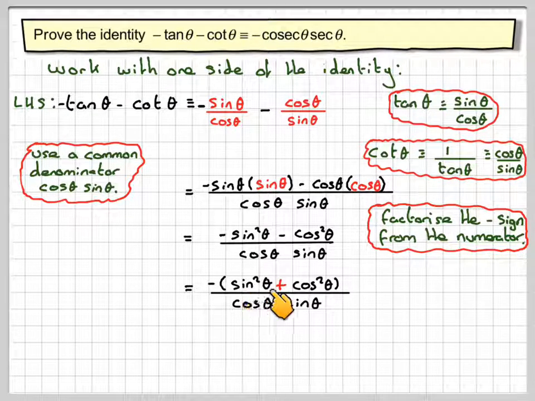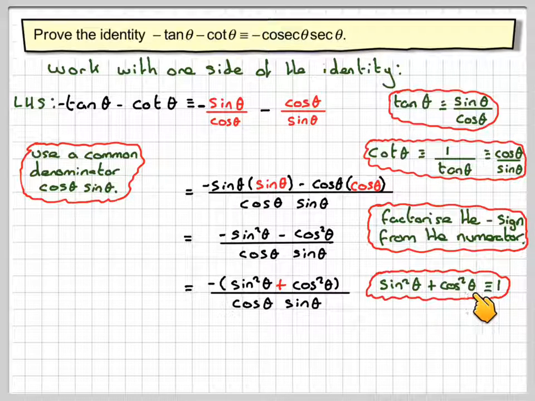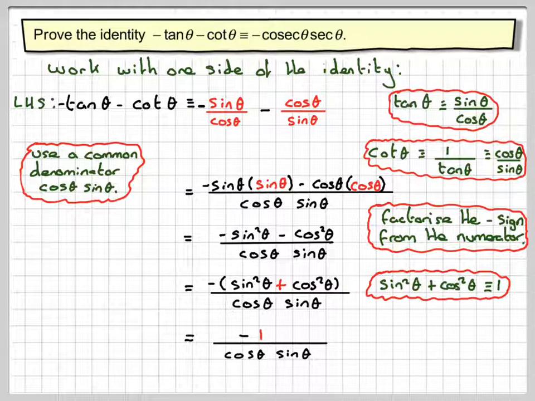Now, we might recognize a Pythagorean identity: sine squared theta plus cos squared theta is equivalent to 1. So you're now going to replace this by 1. So in the numerator I now have minus 1 over cos theta sine theta. If I separate this up, I'm going to write this as minus 1 over sine theta, the reason for swapping these two over being so that I end up with this at the end, times